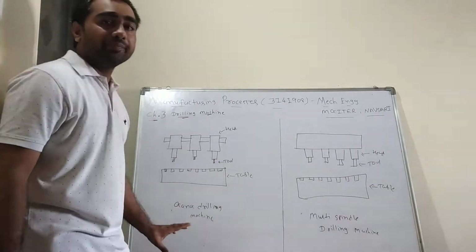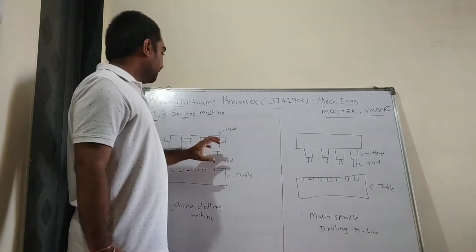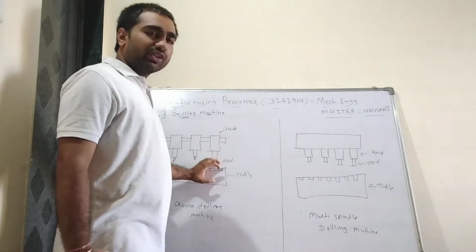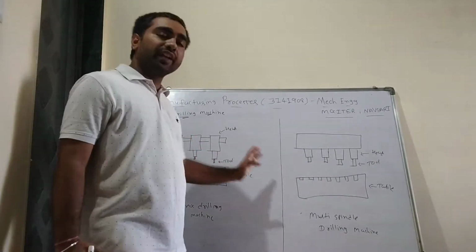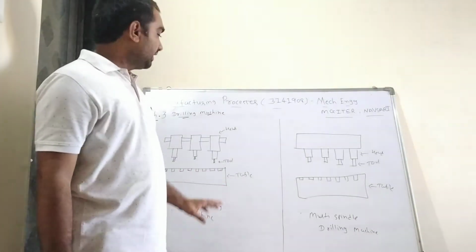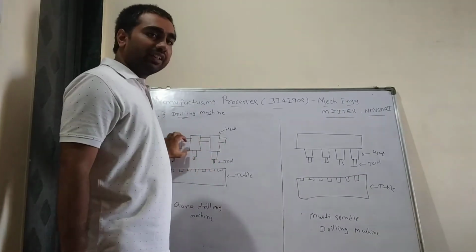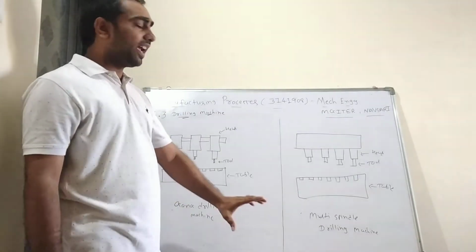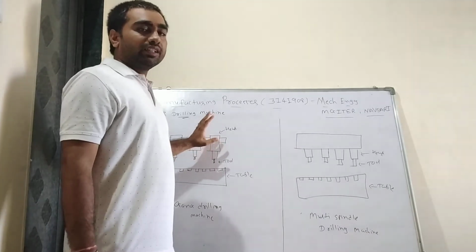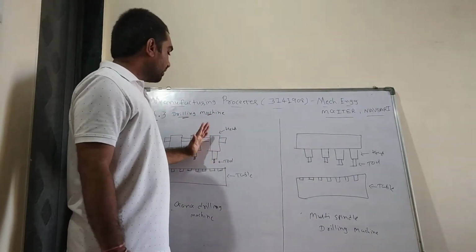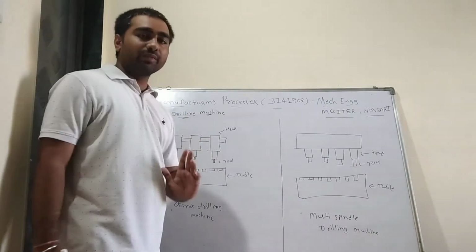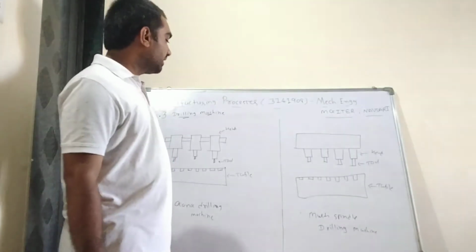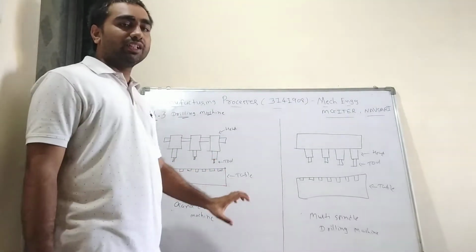In the gang drilling machine, there is a different powerhouse in each head, because the operations done by this machine are various. There is no similar operation in this gang drilling machine. We can create different operations with it, because the powerhouse of every head is different. When various types of operations are needed at one time, the gang drilling machine is very speedy.